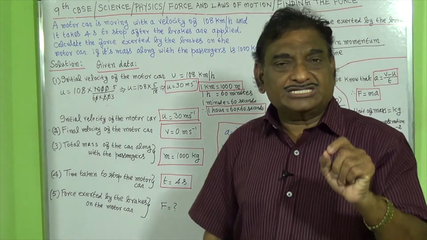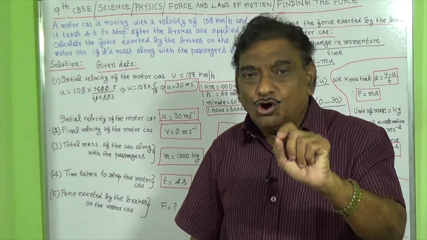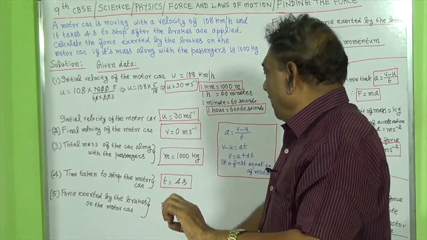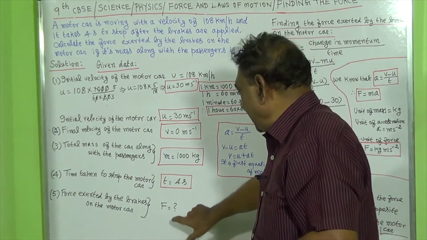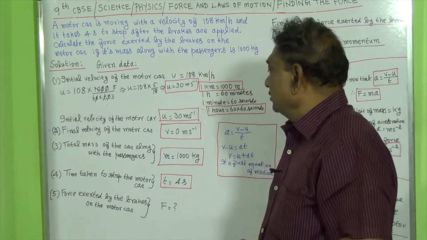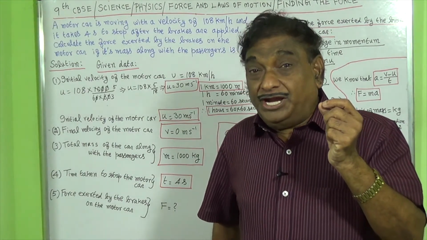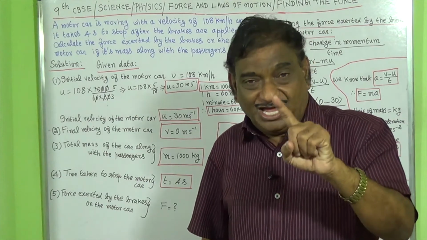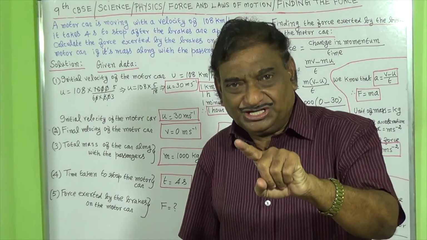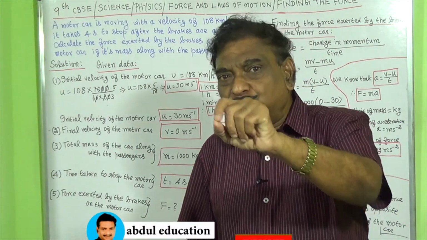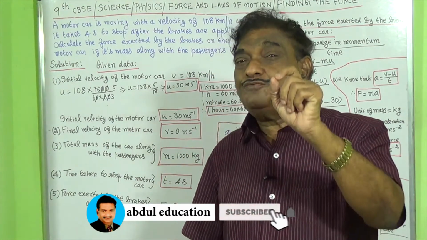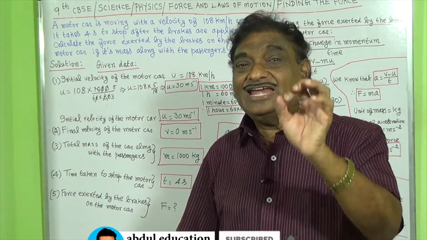It is asked to find the force exerted by the brakes on the motor car. We have to find the force. What are the data given? Initial velocity, final velocity, mass and time. We have to find the force. What is the formula we can select